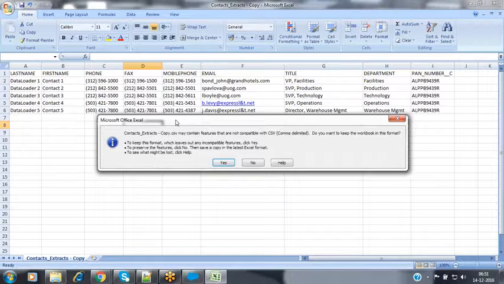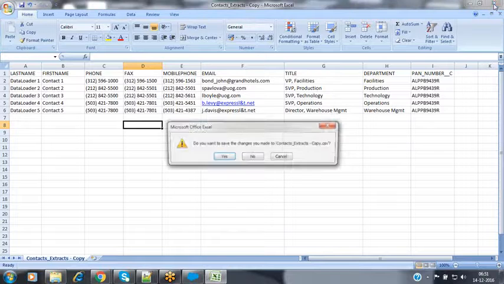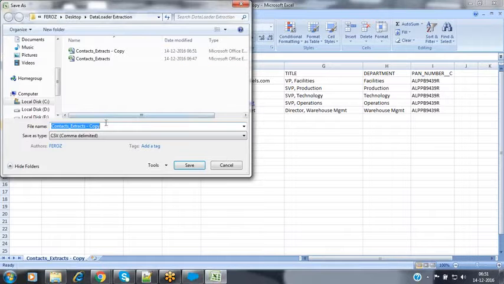Now save this file. I would like to save this file with the name contacts insert.csv.